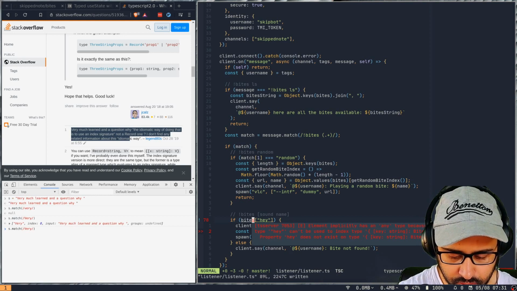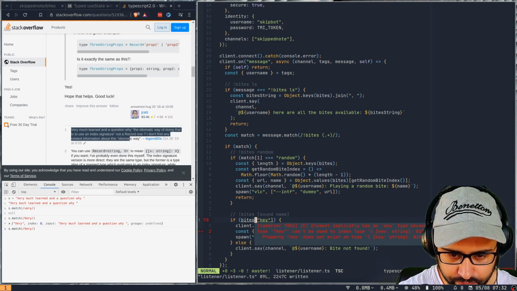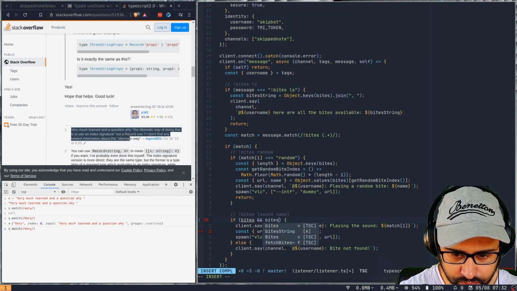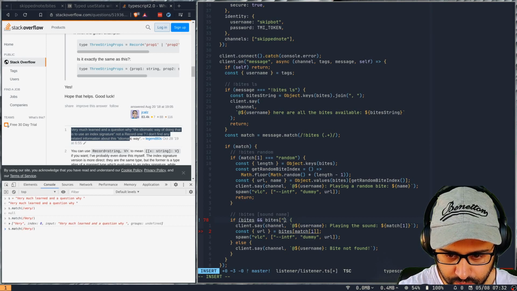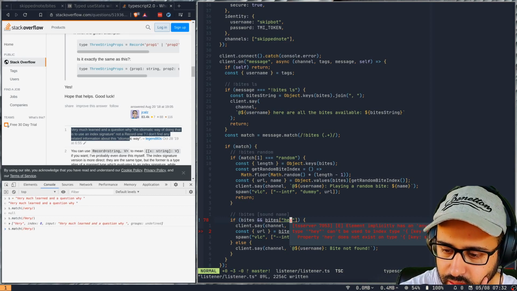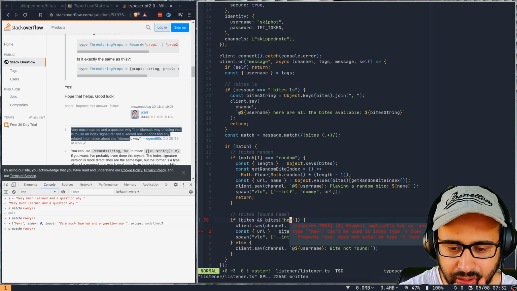So bytes, element has, I think the typing might be incorrect.